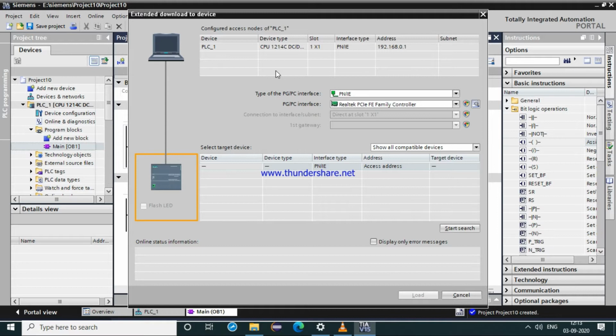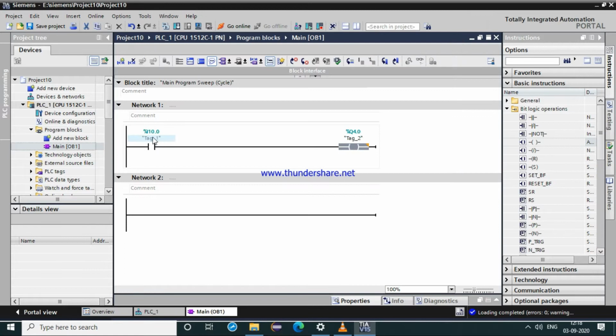then after clicking on that option, we can see this page. On this page, from here we will be selecting the option show devices with the same address. That is, we have set our hardware PLC at the same address, that is 192.168.0.1, and the address we have given in this PLC software properties is the same. So we have to search the device with the same address. So we will click on that option, giving input and output tags to the logic.